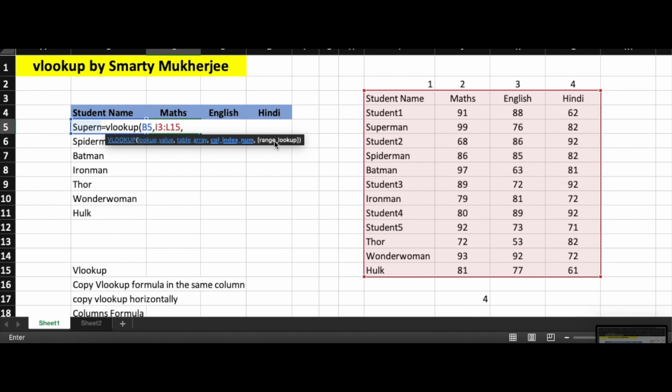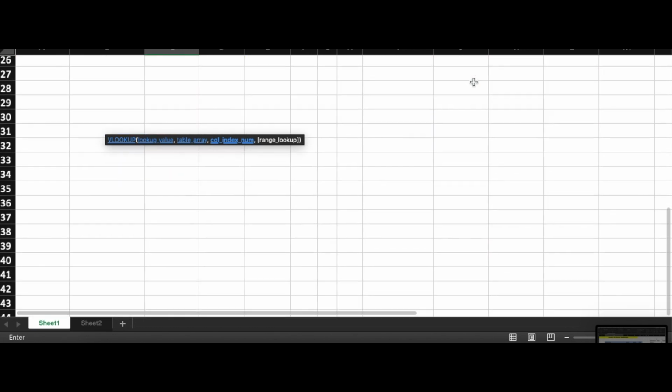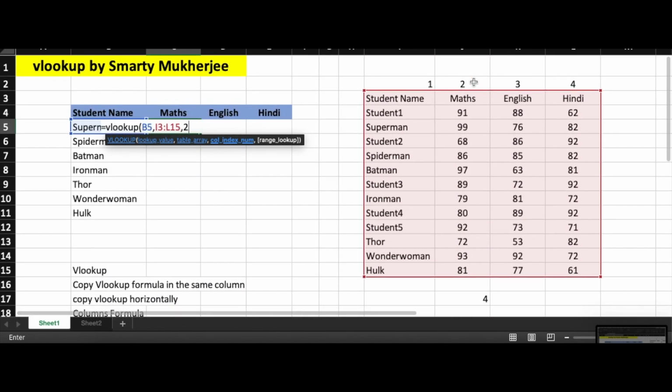Then just put the column index. Now what does column index mean? These numbers that I have put here, 1 2 3 4, will come in handy because they tell me the column index. For the student name column, the column index is 1, and for maths the column index is 2, and I am trying to look for scores in maths. So I will say look into column 2, that is my column index. And then, sorry, my screen just moved.